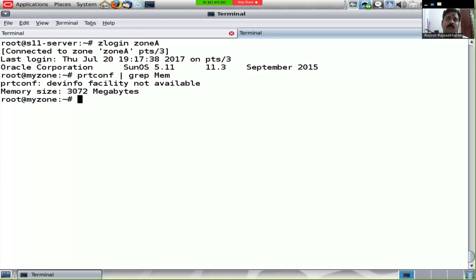If I run a program which eats up all this memory, there is no one who would stop it from doing it. So that's kind of unfair, because if there are other zones that are running on my global zone, one zone consuming the entire physical memory is certainly not a fair option. So I want to restrict the usage of physical memory within the global zone. There are multiple ways of doing it. There are many complicated ways of achieving this. Probably we would discuss the simplest one,